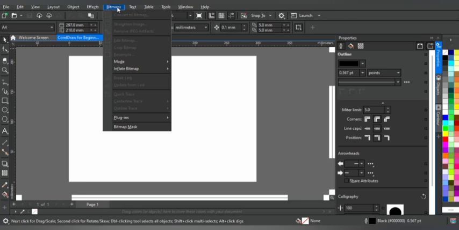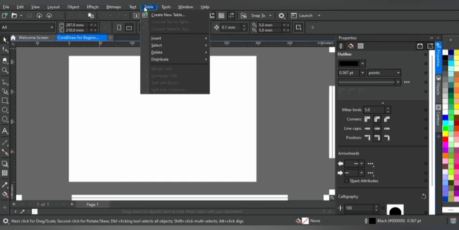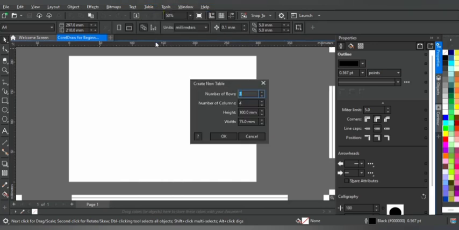CorelDRAW actually supports three file types. Alright. Then we have text. This provides you with the ability to work around any text elements in your design. Then we have table. If you want to create a table, once I click on create new table, I can